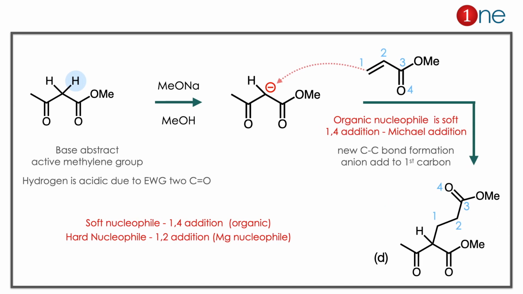In the starting material you have the active methylene group because it is attached to 2 electron withdrawing ketone groups. So you use the base to abstract the proton, and you have anion formation. Next you heat it up with the alpha, beta unsaturated system. What really happens is the question of where the O minus will attack, the 3rd position or the 4th position. Here the question is where the carbanion attacks, whether at the 1 position or the 3rd position. The carbanion attacks the 1st position because an organic nucleophile is soft. It always undergoes 1,4 addition, which is Michael addition. So a new CC bond is formed. The answer is D here.